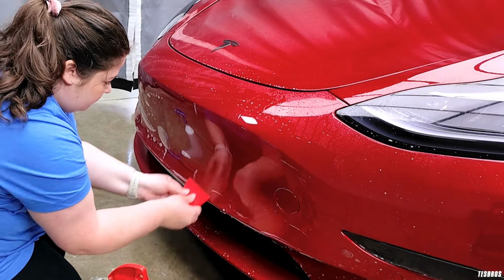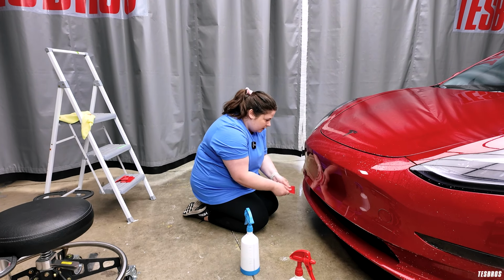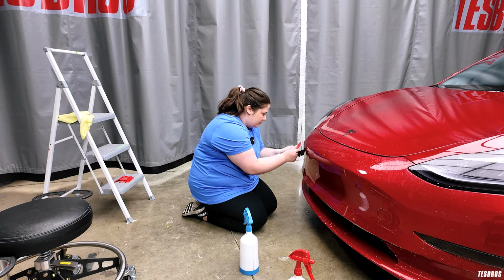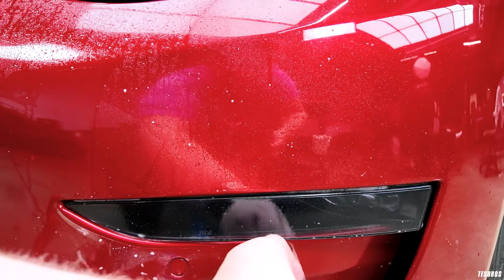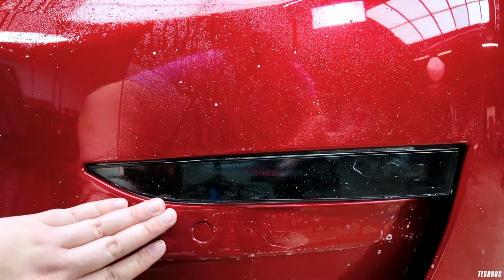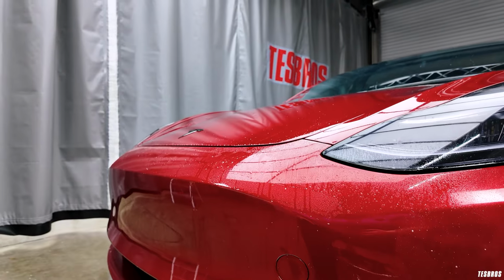You see I'm doing two hands and I'm overlapping. That is because I'm trying to apply more force. And to overlap, you're making sure you're getting everything. And you do that for both sides. So I'm gonna do that and then I'm gonna wipe it down and come back to you to show you